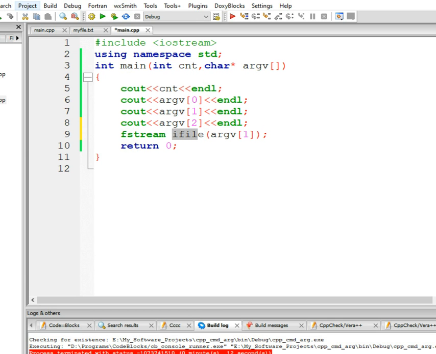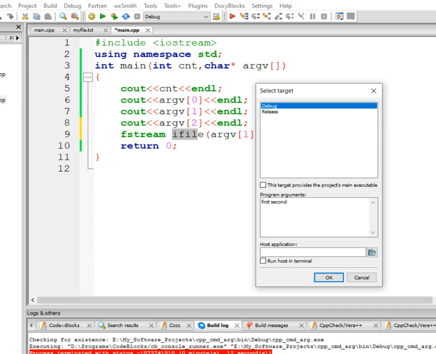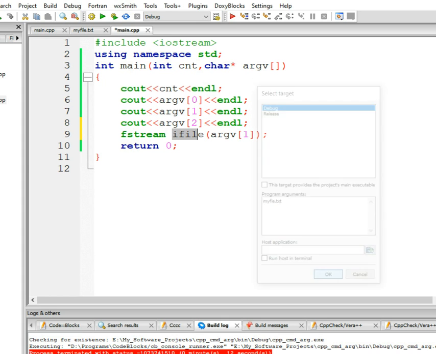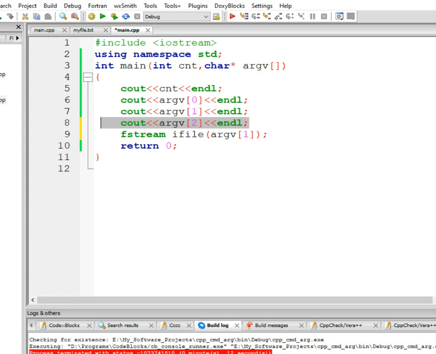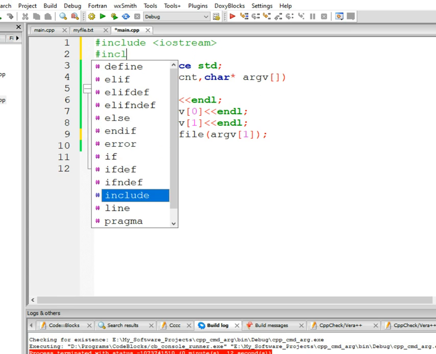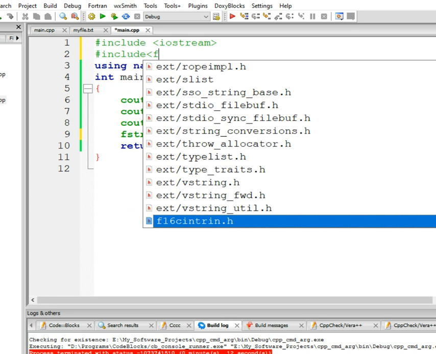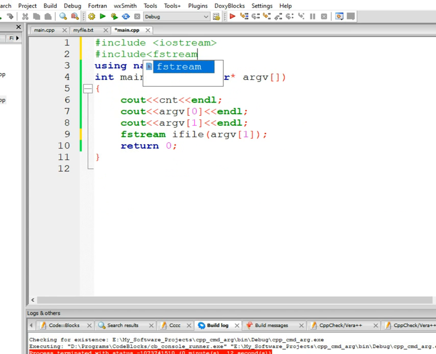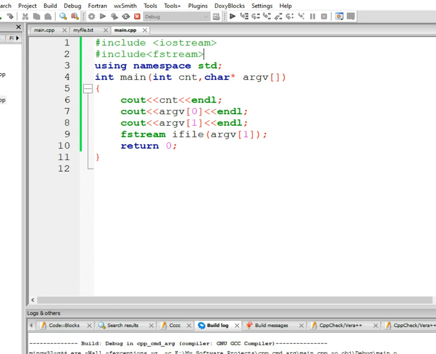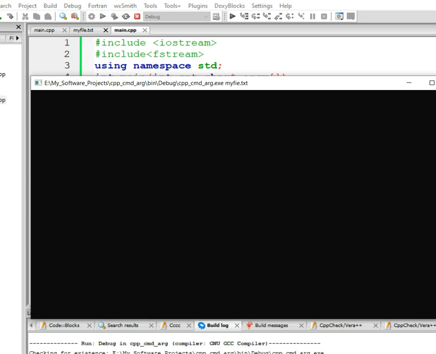So you can replace this command line argument with myfile.txt. Your program's first argument will be myfile.txt, and we can include the fstream file. So compile and run.